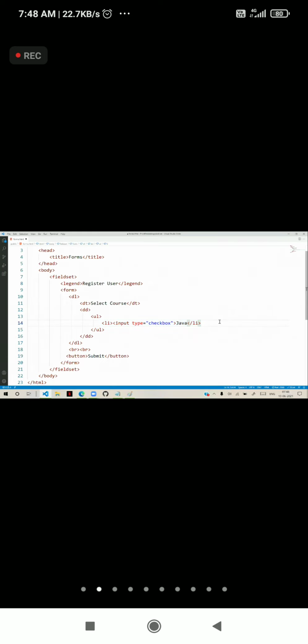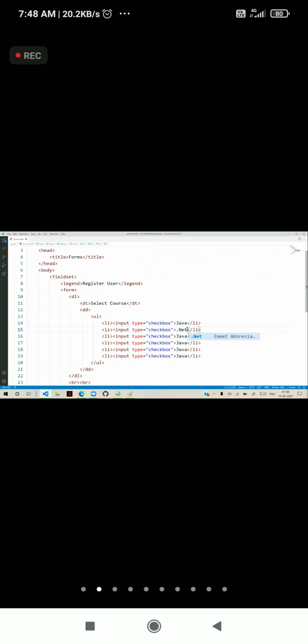Similarly, we will create these checkboxes in an unordered list: Java, .NET, PHP, Python, full stack. So these are some options we configured. Then I said UI, something.